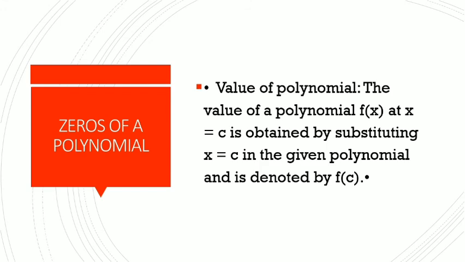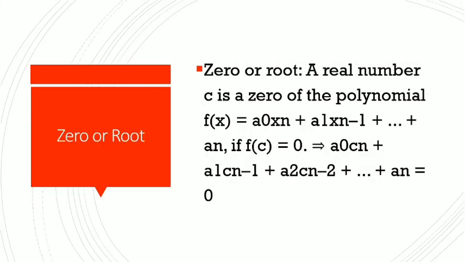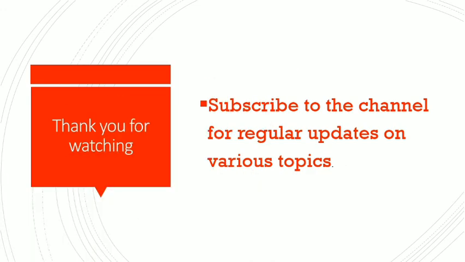Okay, now let us move on. Here again, zero or root, you have to understand: a real number c is a zero of the polynomial if, as I have said, if it is,